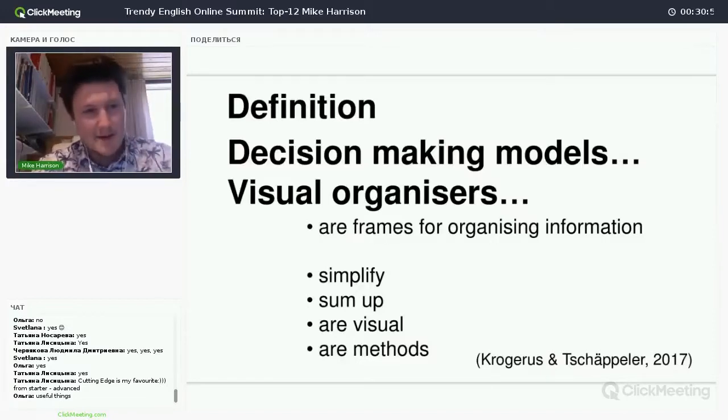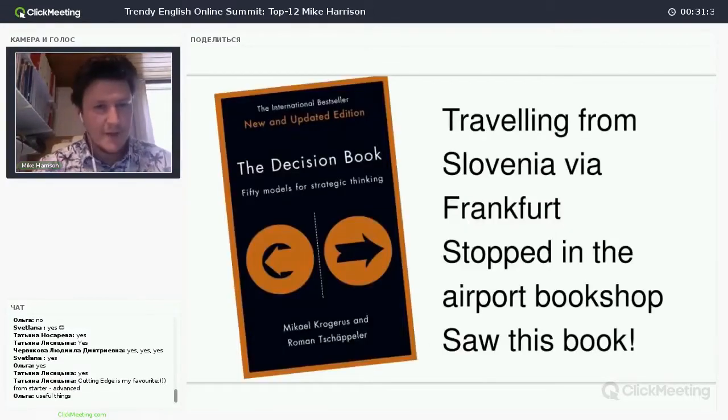Finally, these are methods, and that's really key as well. They're not, as I said, revolutionary, and they're only going to be as good as the person who's using them or the people who are using them. And you'll see at the bottom a reference. These are the two authors, and this is the inspiration behind the whole thing. This is the main core resource that I've drawn from and used in my own practice, and it is this book, The Decision Book by, apologies for my pronunciation of Germanic names, I think Mikael Krogerus